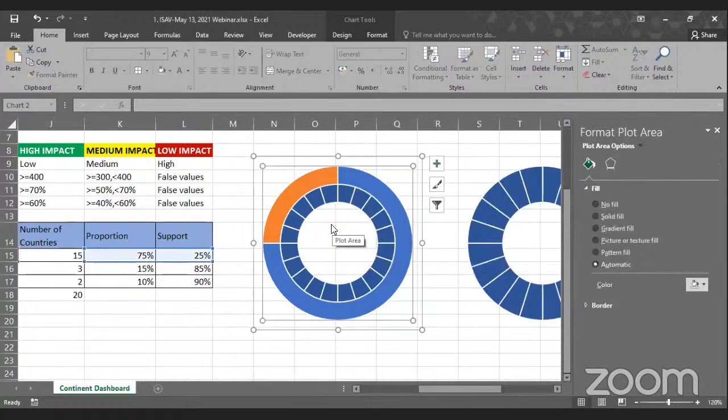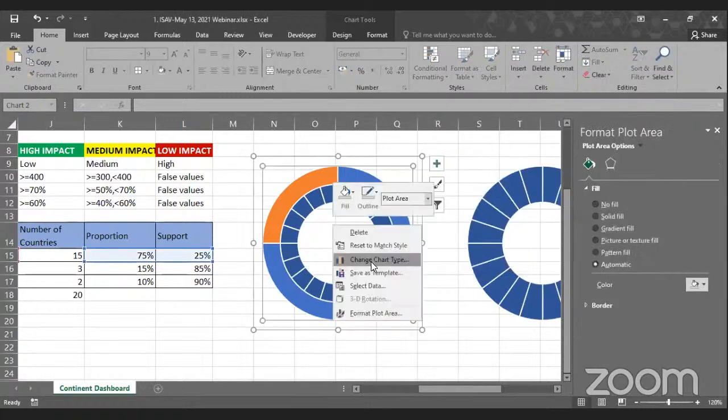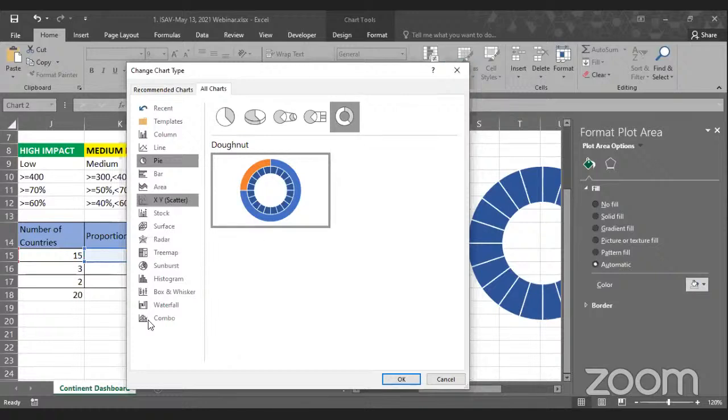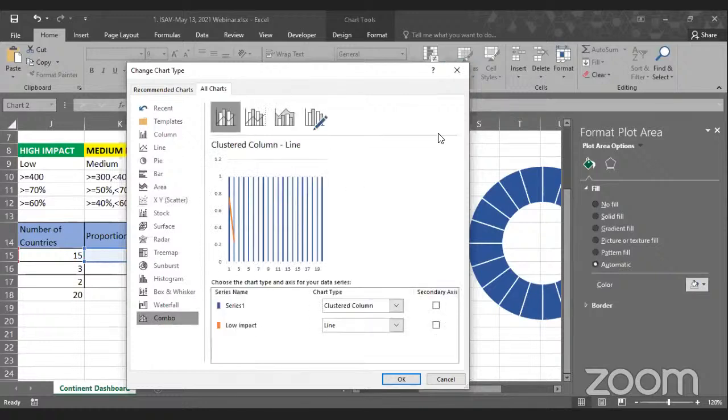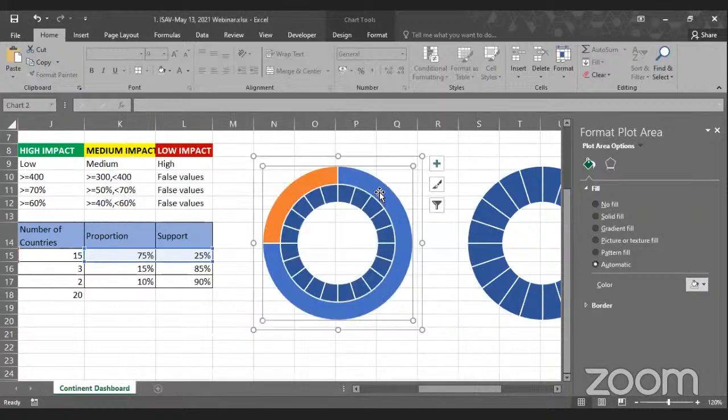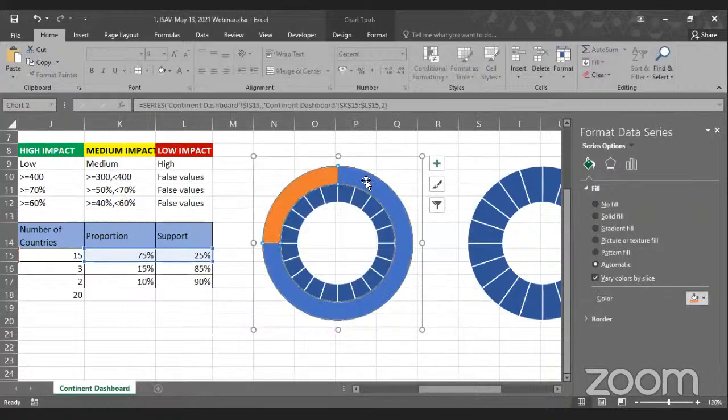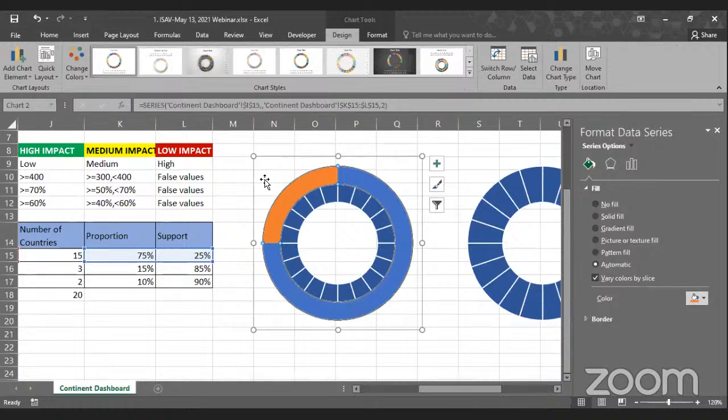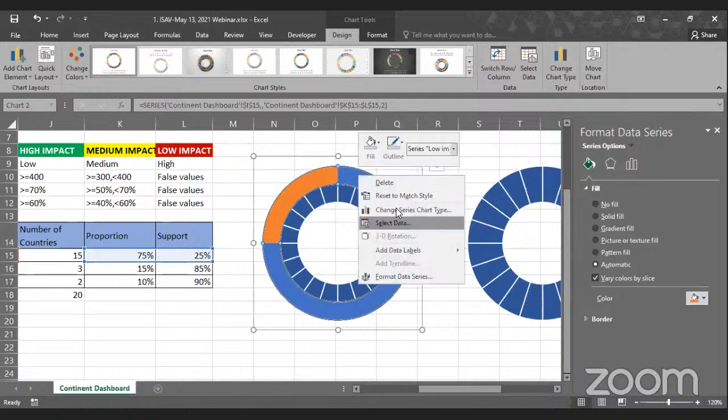Again, the next thing I'll do is change the chart type. To get to it more directly, just click on the outer pie chart, the one that has segmented lines, then right click and select Change Chart Type. Now that brings you to this